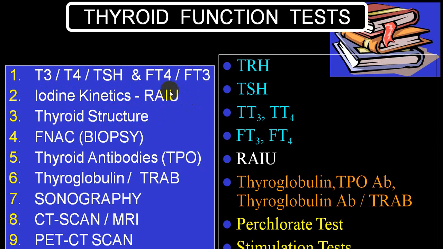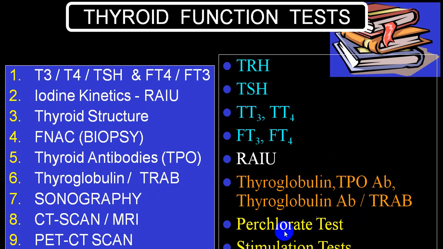You will go for radioiodine uptake studies, ultrasound, that is sonography, CT scan, MRI, PET scan, etc., to identify the thyroid structure, and if possible you can suspect malignancy. 100% confirmation is done by FNAC or biopsy. In a suspected case of an autoimmune disorder, you can go for antibody studies like TPO antibody, TSH receptor antibodies, which can be stimulating antibodies or inhibitory (blocking) antibodies, and thyroglobulin antibodies. These are the tests commonly done.